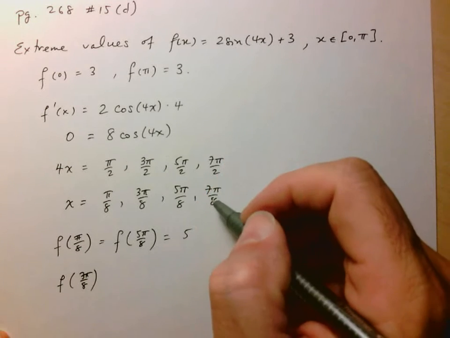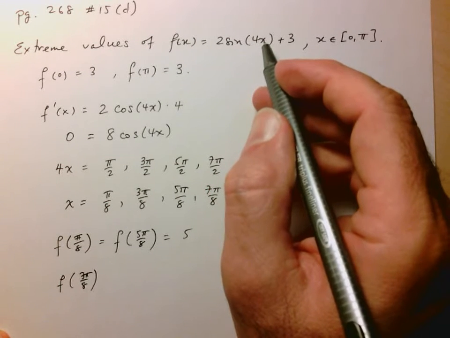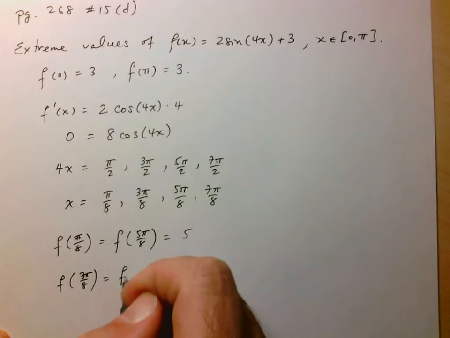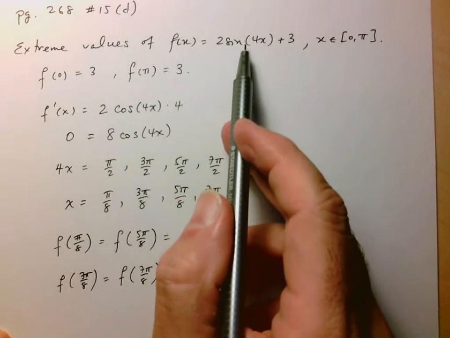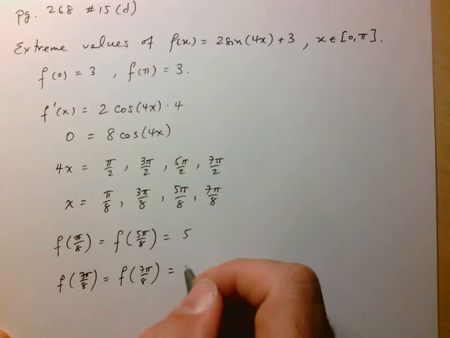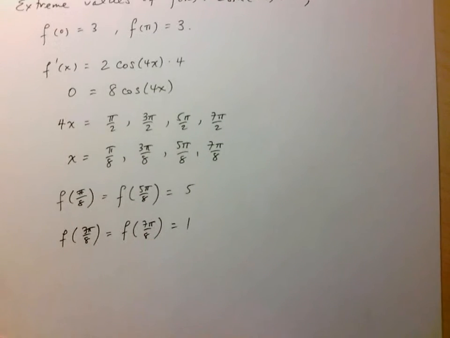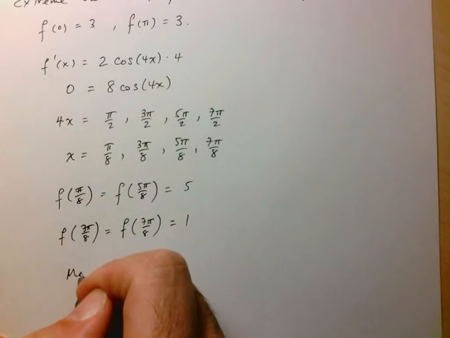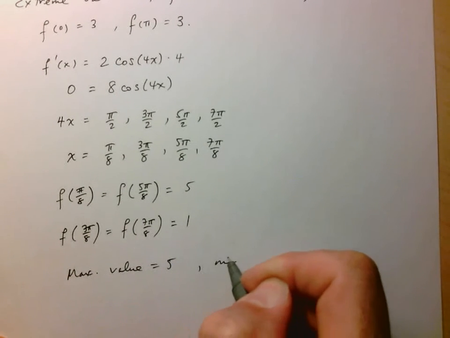Okay, but if you also stick in 7 pi over 8, 4 times 7 pi over 8 will be 7 pi over 2, where sine is also equal to negative 1. So these are going to be equal. Okay, so 2 times negative 1, negative 2 plus 3 is equal to 1. Okay, so based on this here, our maximum value is equal to 5, and our minimum value